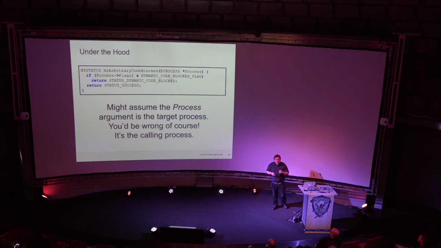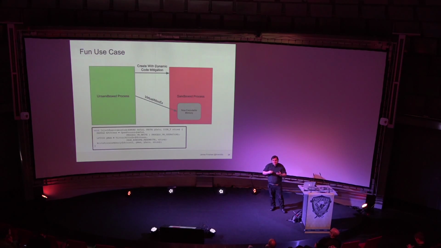Now, under the hood, there's a function which basically just looks for a flag in the EPROCESS structure. The EPROCESS structure is the kernel object which represents a process in Windows. And there's just a flag in there which says, is dynamic code blocked? Now, as the text below it states, you might assume that the process you're passing to this function would be the process with the mitigation on, like the process you're trying to insert executable code to. But it turns out it's not. It is actually the caller. And there's certain functions, such as VirtualAllocEx, which takes a process handle, and you can inject executable code into another process. And it turns out that is not actually